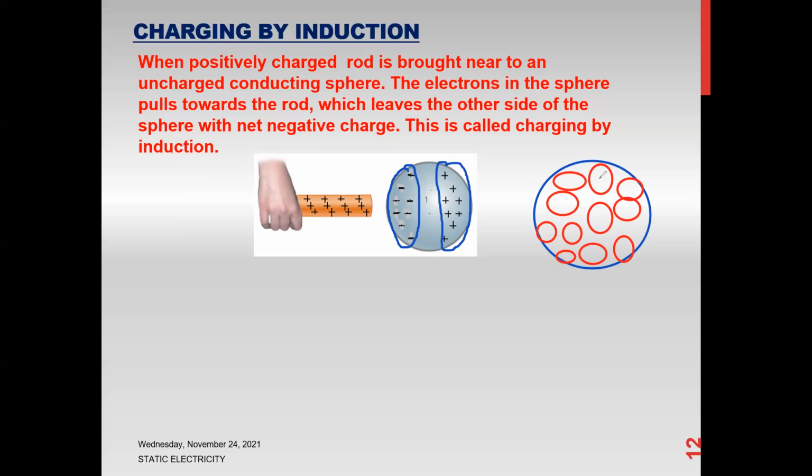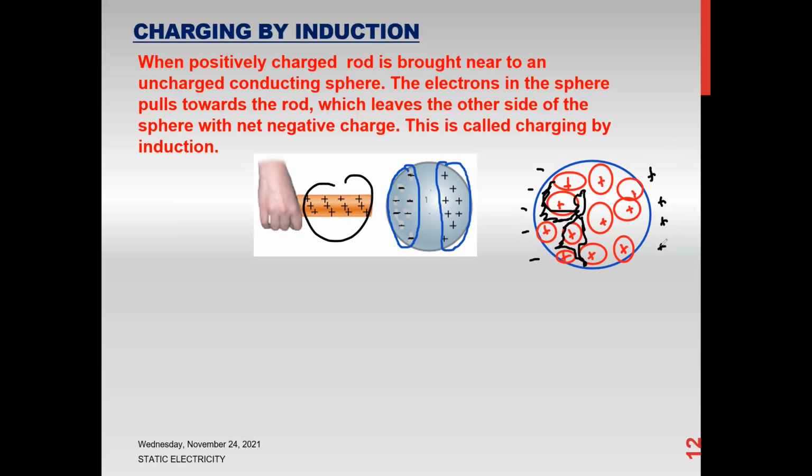So they don't have space to move. Electrons are evenly distributed initially, but when we bring this charge rod close to this, the electrons shift towards one side. So the majority of the electrons are on one side, so we say negative charge is there on the left hand side and the majority of the positive charges are on the right hand side.